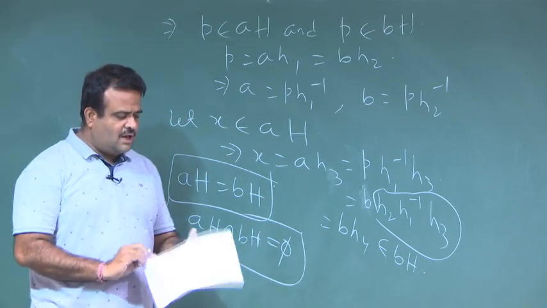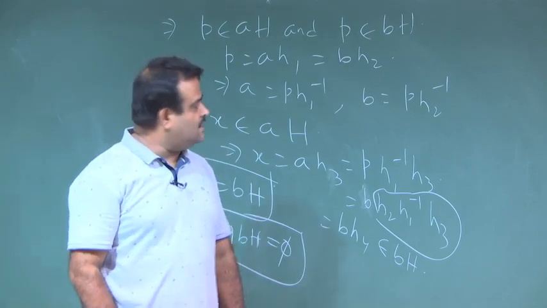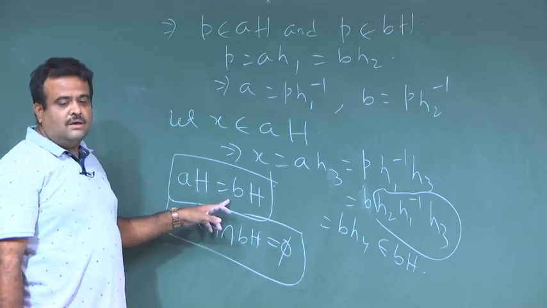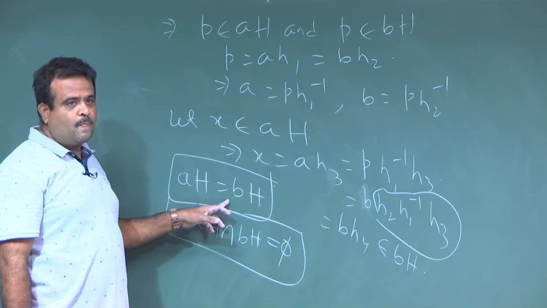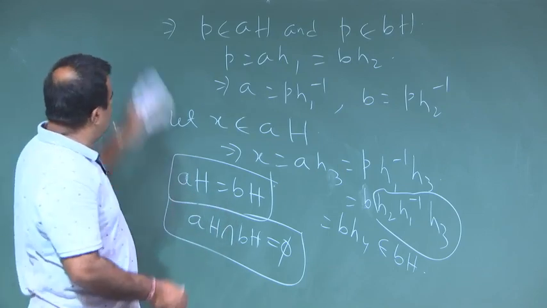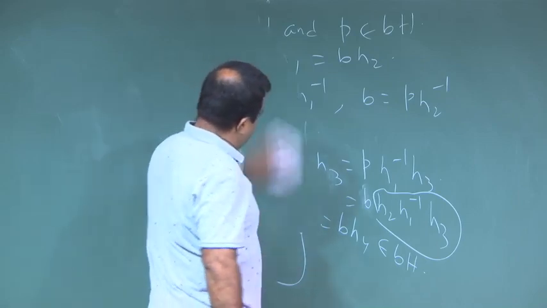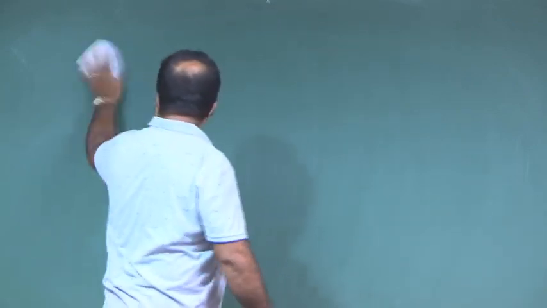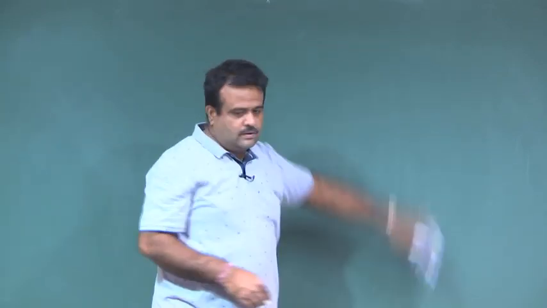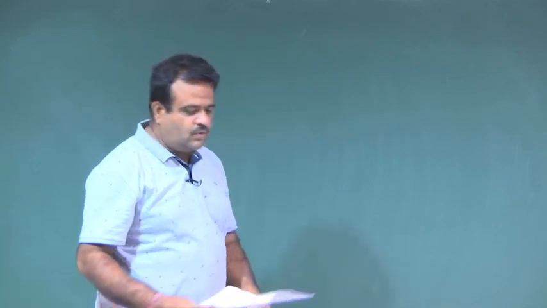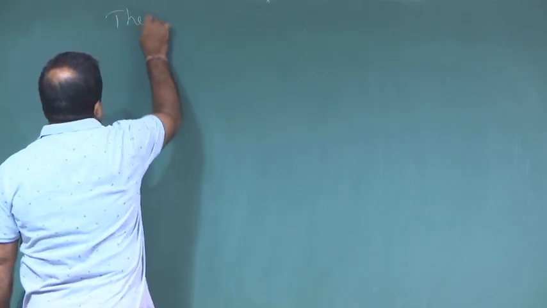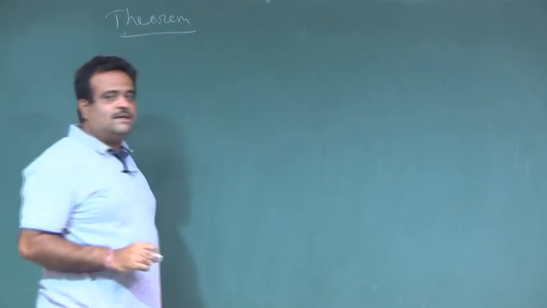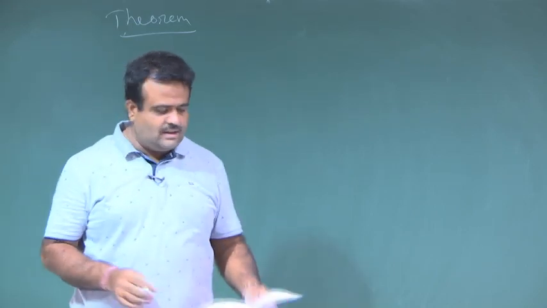So, this leads us to a relation we defined. So, if they are the same, we define A is related to B, okay. And we will see which property will give us that. So, let us define a relation. Just before that, we will have another theorem. So, when they are the same, that we want to know. So, that means when AH equal to BH, is there a condition that they will be the same.